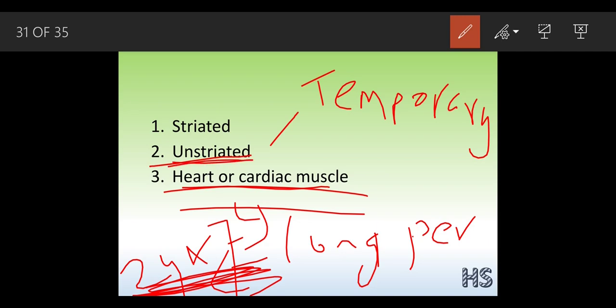But unstriated muscles are temporary in nature. These unstriated muscles work at that particular period of time. Whenever I am eating food, at that time the unstriated muscles get to work. But humans do not eat 24/7. We eat our lunch and dinner for half an hour each, so around 2 to 3 hours these unstriated muscles work. But this heart muscle has to work 24/7, because this is the life.